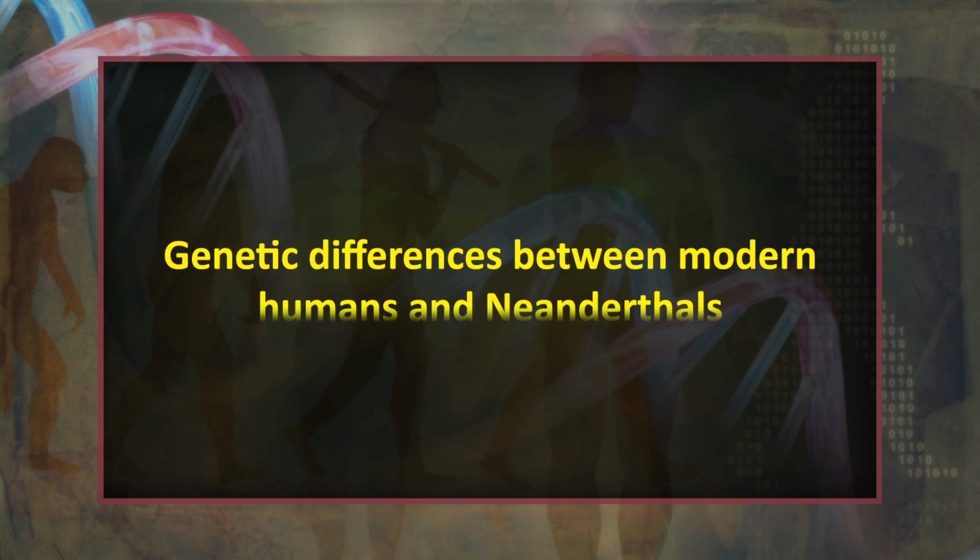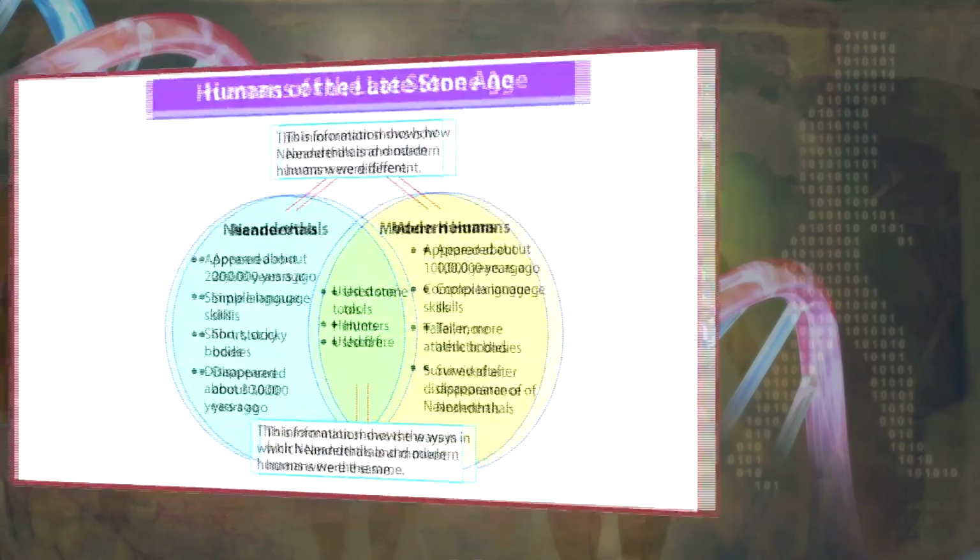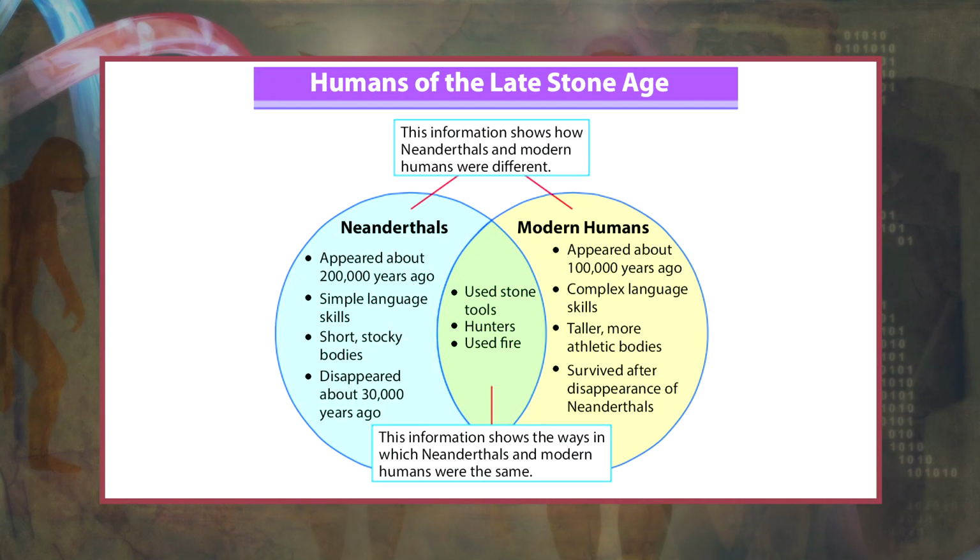Dear students, let's now understand the genetic differences between modern humans and Neanderthals. An international group of scientists completed a draft sequence of the Neanderthal genome in May 2010. The study indicates some breeding between modern humans and Neanderthals, as the genomes of non-African humans have 1 to 4% more in common with Neanderthals than do the genomes of